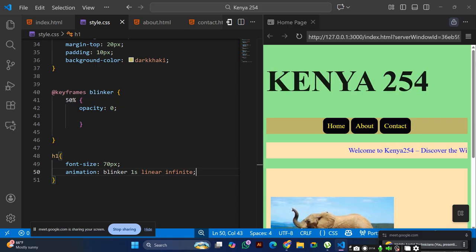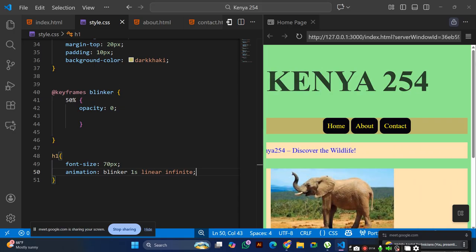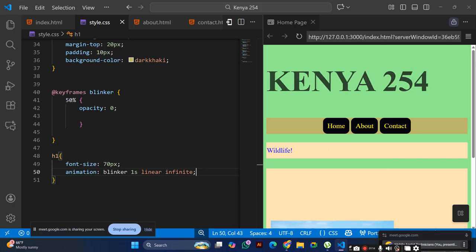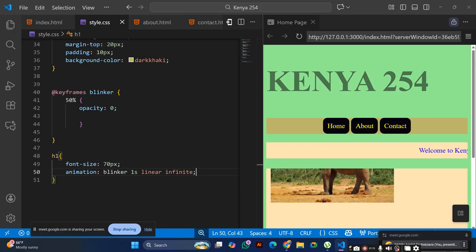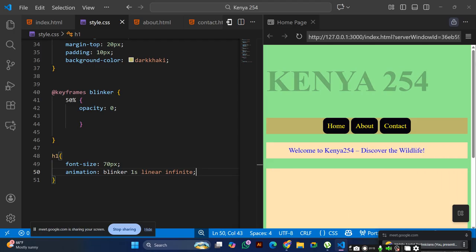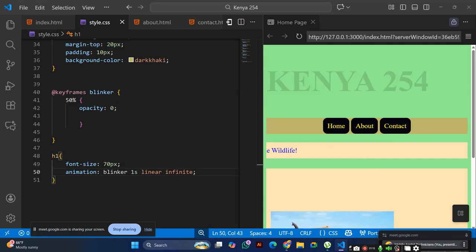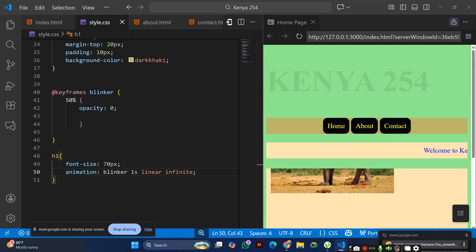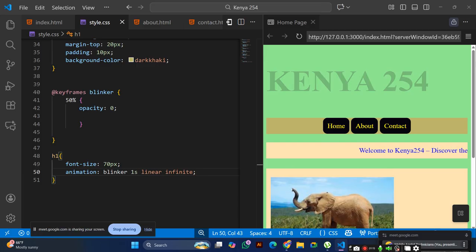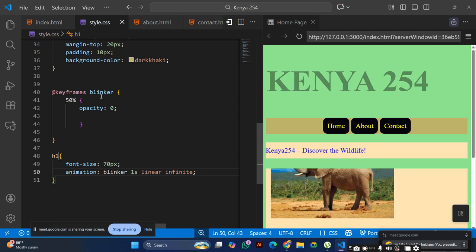Sir, can you help me? Okay, what is the issue? When I want to type this 50%, this curly bracket that's there, I want to press it, but it's refusing. Your percentage.